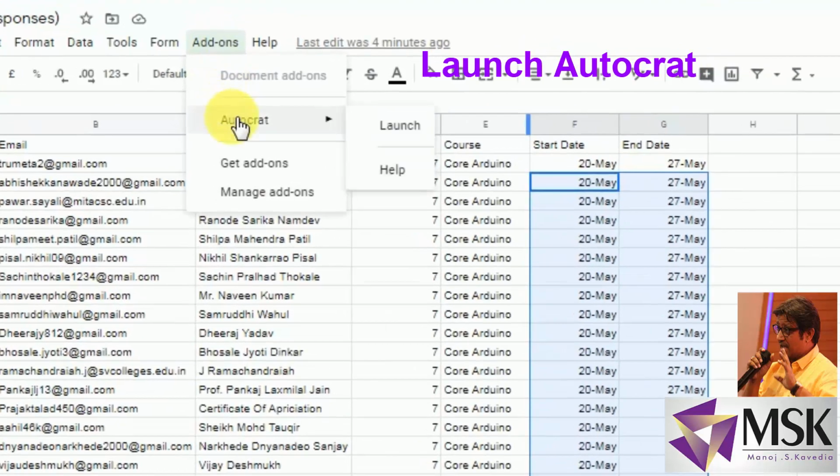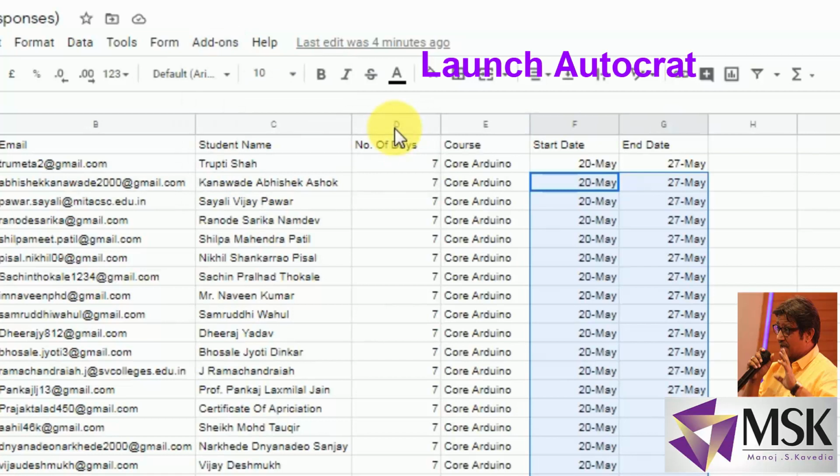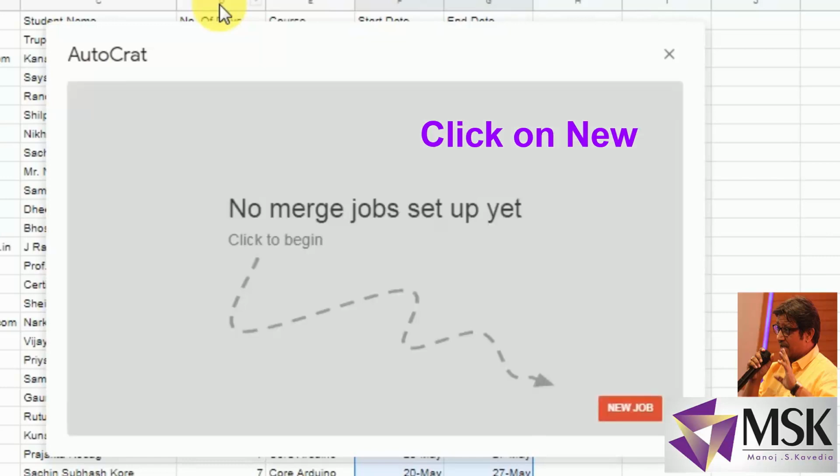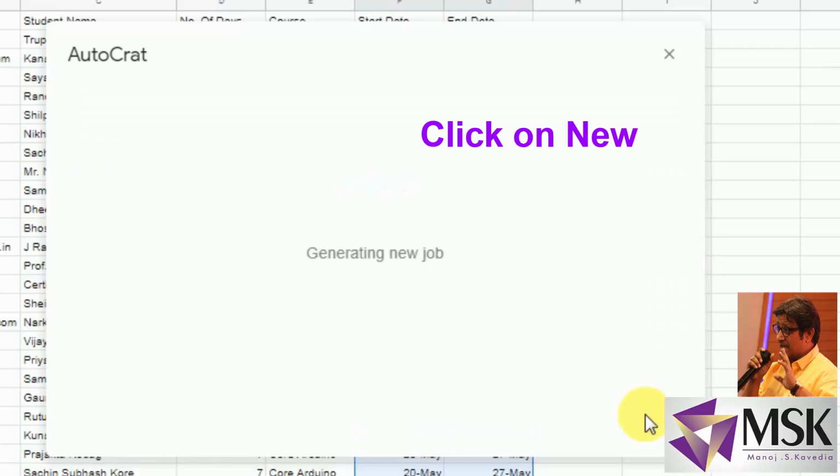So after installing the Autocrat, come to Autocrat and launch the Autocrat. So it will take some time to launch and it will come to its starting dialog box, or you can say a window. So it is loading Autocrat now. Now it says there is no merge setup yet because this is my new job. So say new job.